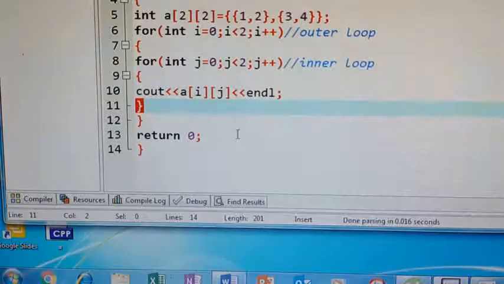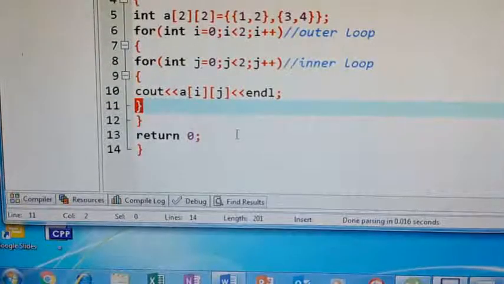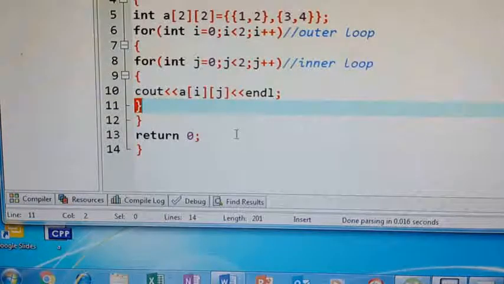So when the outer loop is executed once, the complete inner loop should be executed. That is a nested loop. This concept we'll use in a matrix actually. One for a row and one for a column.